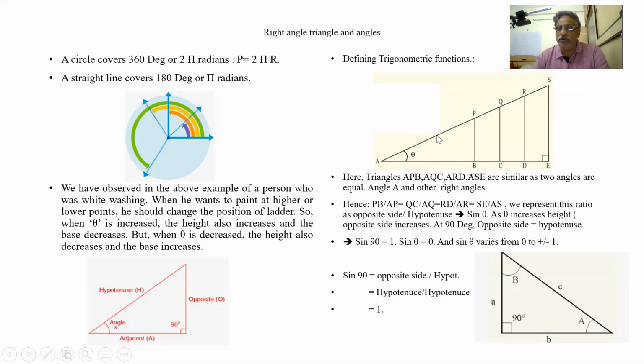Can this opposite side be more than the hypotenuse? It cannot be more than the hypotenuse because the hypotenuse is the longest side of a right angle triangle. So this ratio is always at most 1. So sin theta value varies between -1 and 1. Similarly, cos theta is always less than the hypotenuse, so it also varies between plus or minus 1. But tan theta can vary, since it is sin theta by cos theta. It can vary up to infinity and minus infinity. But sin theta and cos theta should be at most 1.